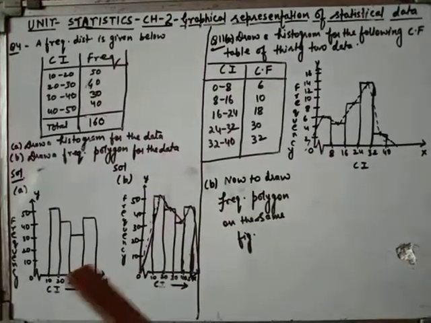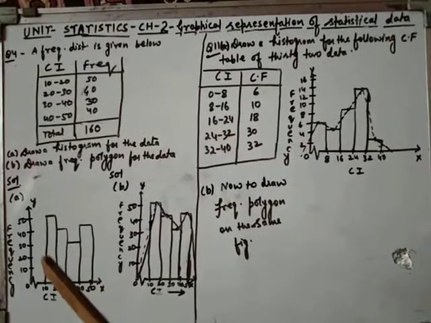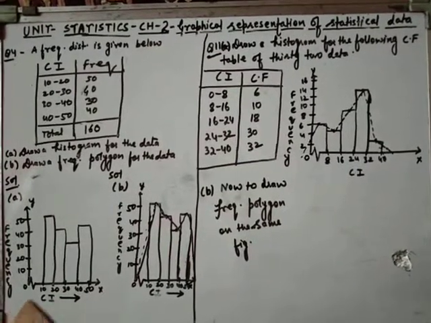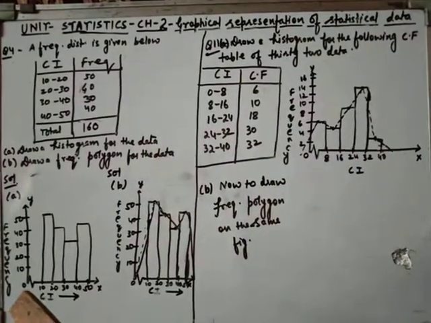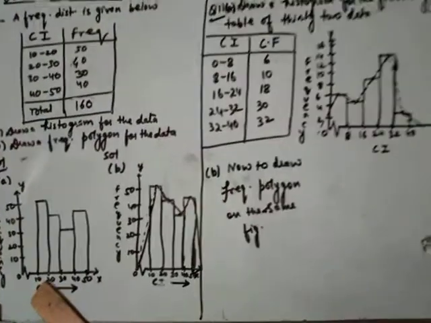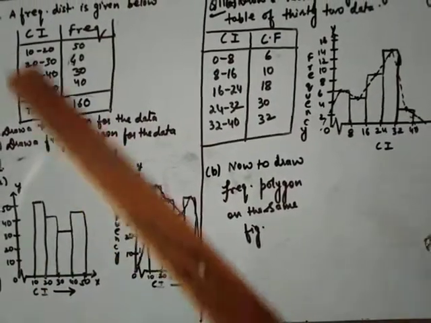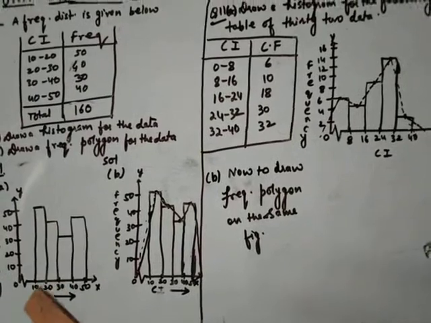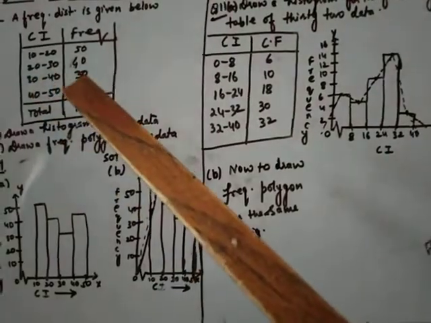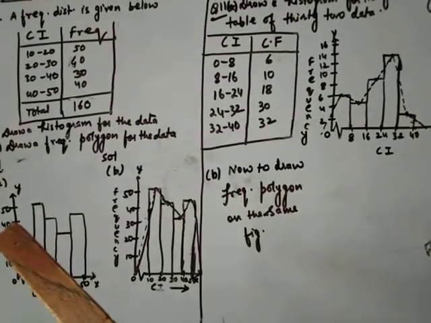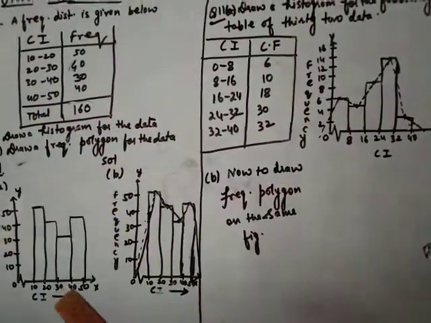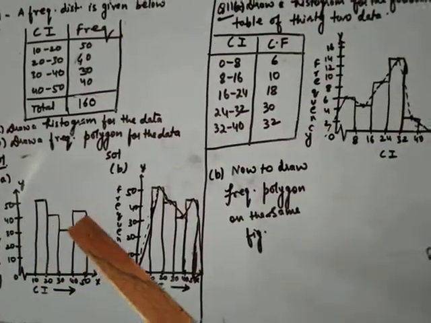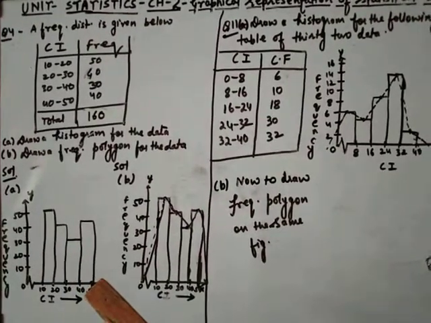So first we draw histogram. Class interval on x axis and frequency on y axis, and from 0 to this zigzag line indicates that there are points from 0 to 9 here. Okay. Understood student? Now we draw the first column 10 to 20 having frequency 50, then 20 to 30 having 40, 30 to 40 is 30, and from 40 to 50 is 40. Clear? So this first graph is of histogram.